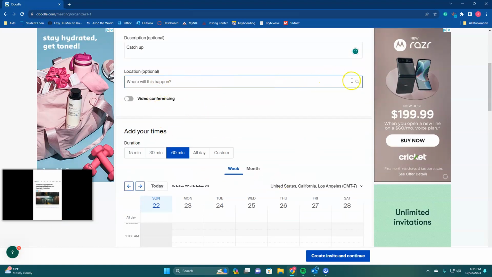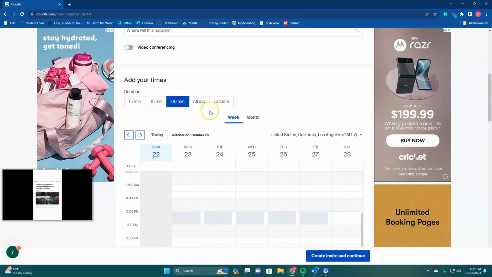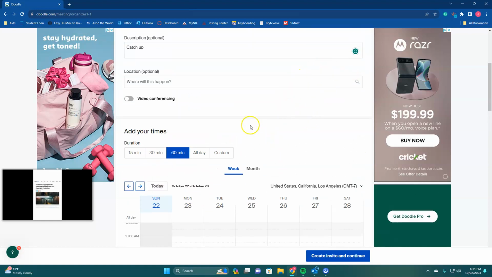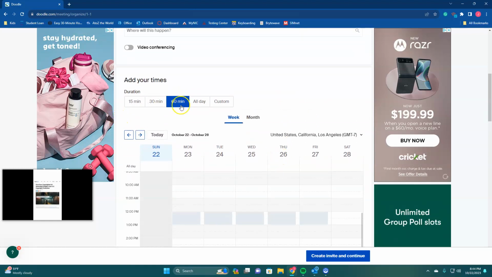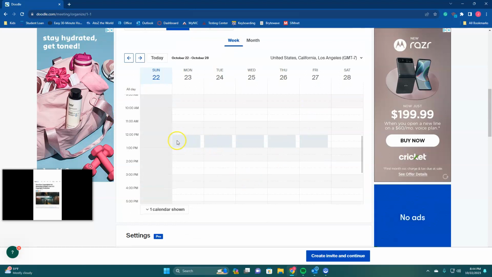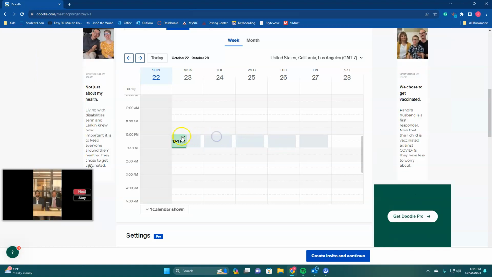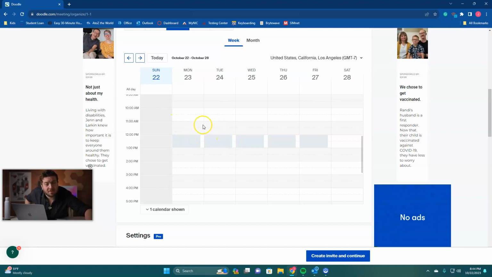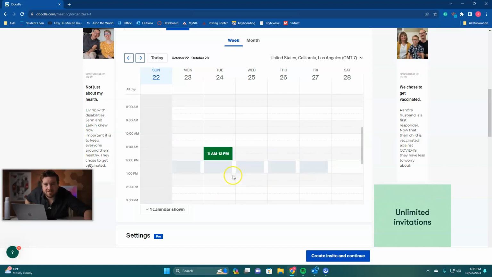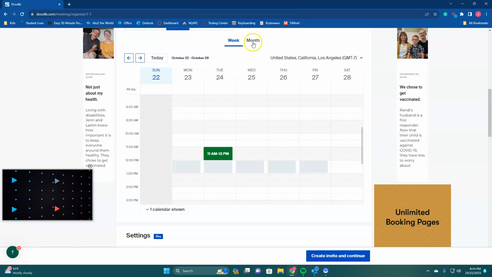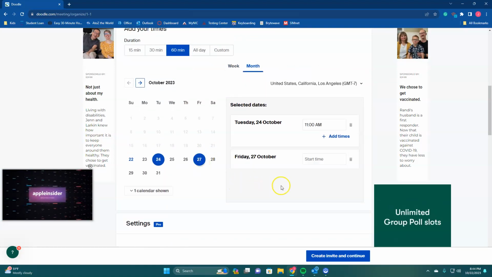Again, location, you could put the diner or a couple different options, I guess. I would leave this up to them. Personally, I'm going to say it's going to be 60 minutes. If you notice, I could set it for 6 to 12. That's a different feature. So let's say I have Tuesday at 11 in particular, or I have the 27th